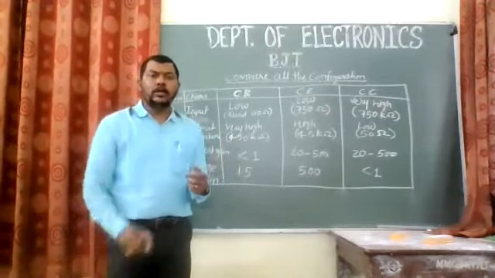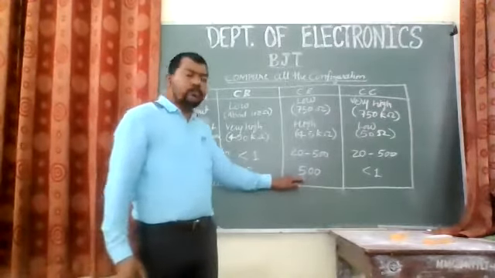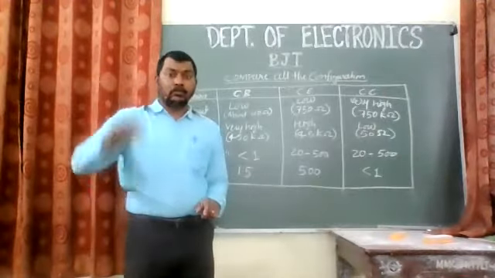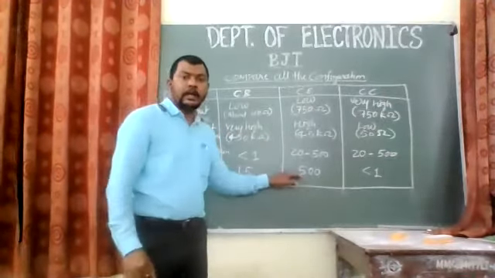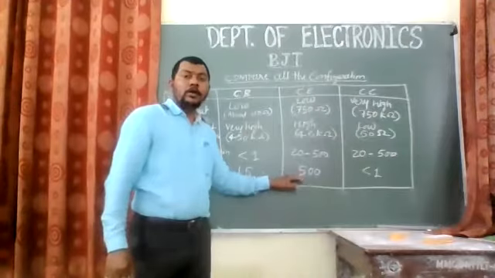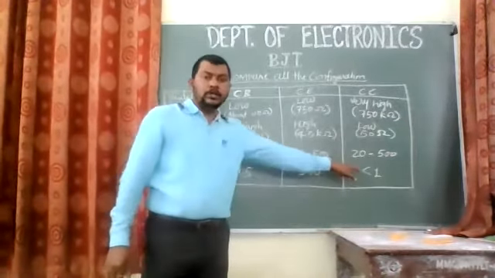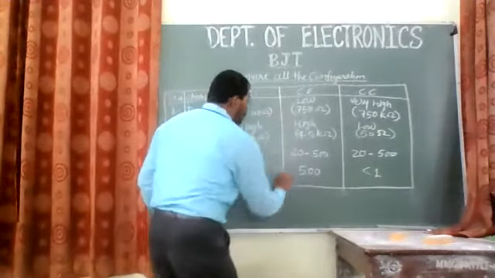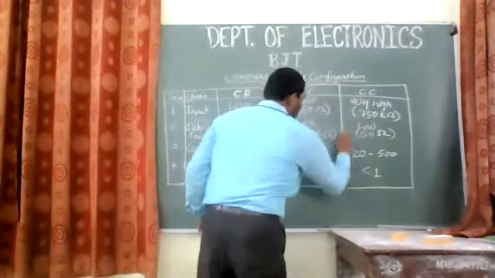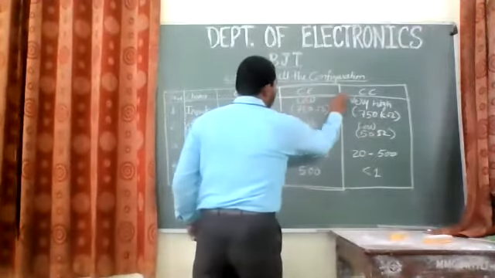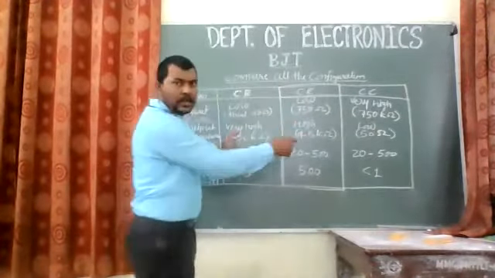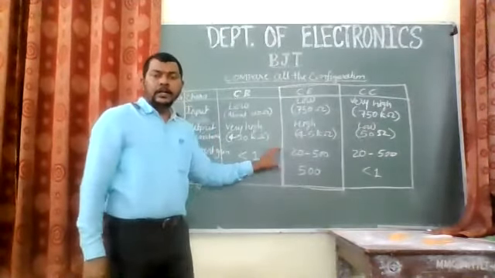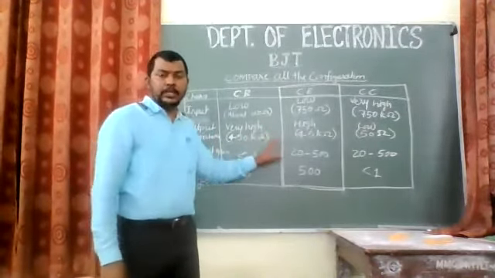If you give 1 volt, it will give you 1.5. If you give 1 volt to common emitter configuration, then it might amplify up to 500 volts. So imagine we have an amplification factor of 500 volts. Here in common collector, it is less than 1. So you are able to see that the CE configuration is the best configuration among the three. And this CE configuration is extensively used, right? And we are going to study this CE configuration in depth.